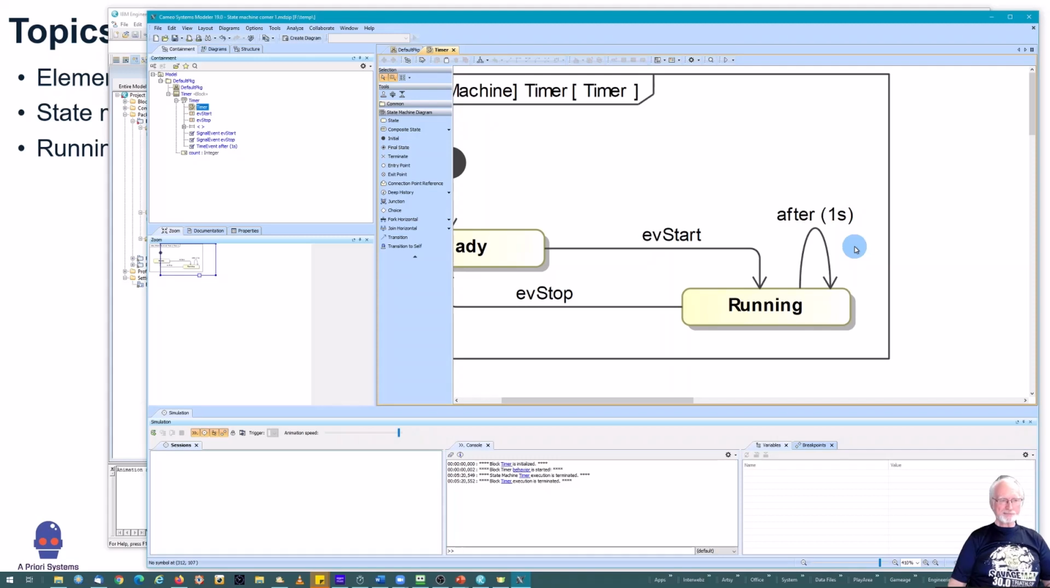And sometimes if I say after 1 second / action, it actually names the transition that and doesn't actually properly parse it. So sometimes it does that, not always. So I'm just going to do it in 2 steps. So now that we have that, we will open up the specification dialog for the after